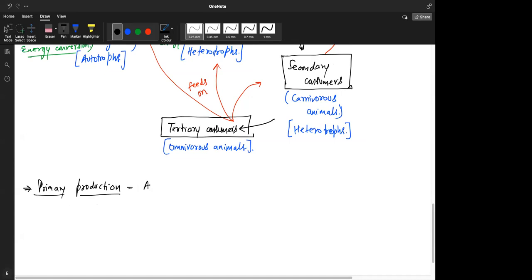It is the amount of organic matter or biomass produced by the photosynthetic plants,